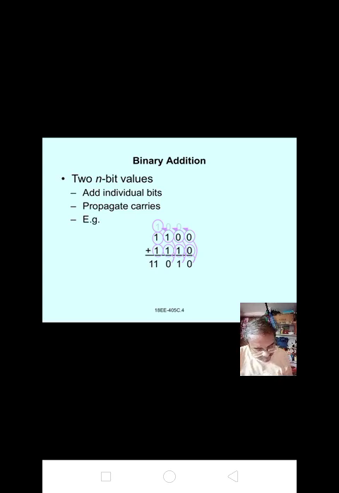Now I am giving one problem, 1 1 1 0. Whatever the values are, you must take codes for that. You already know the code 8421. Here how many values are there? Only 2, so we want to take 2 1. If suppose 0 1 1, you want to take 4 2 1. Suppose 1 0 1 1 1 0 1 0, then 8 4 2 1 and so on.